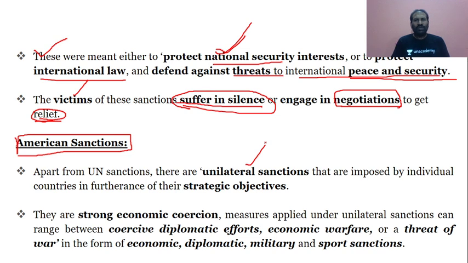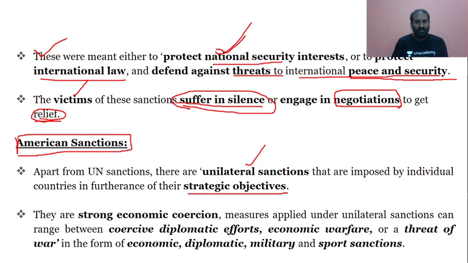Each and every country goes ahead with sanctions, and the country which is very much used to imposing sanctions unilaterally is the US, because they want to go ahead with their own strategic objectives. And yes, the US has its own strategic objectives. They want to make sure that they grow economically, and that is the main reason they are going ahead with unilateral sanctions, not getting in tune with the UN.